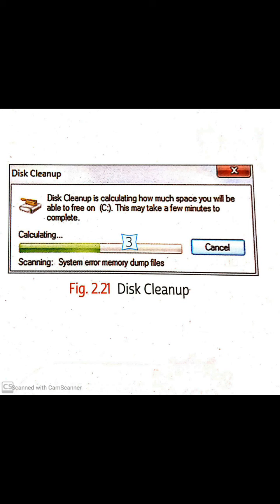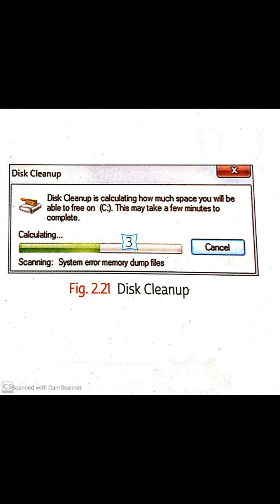Sometimes the computer will hang. Some window you want to open and it takes a lot of time to open. Why? Because of too large storage usage. There are two other ways where you can do the disk cleanup process.